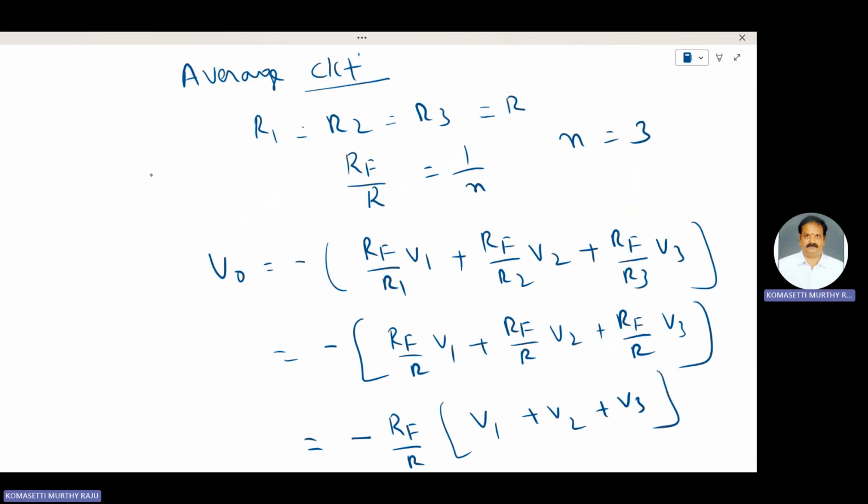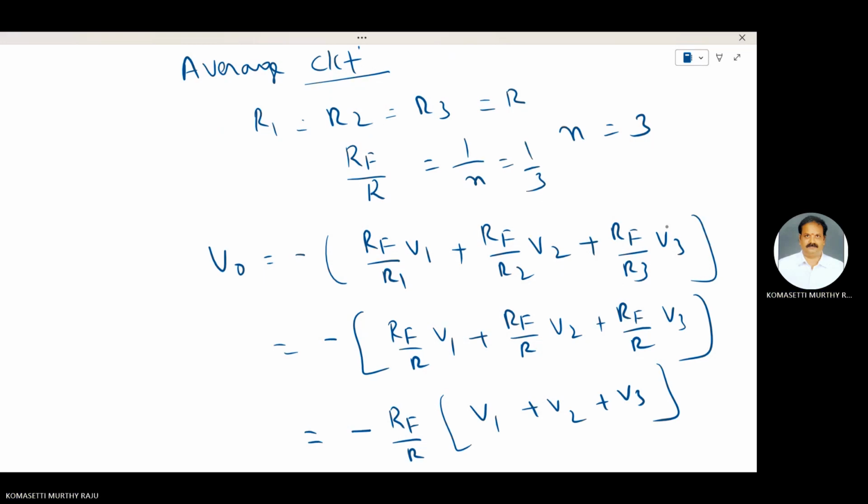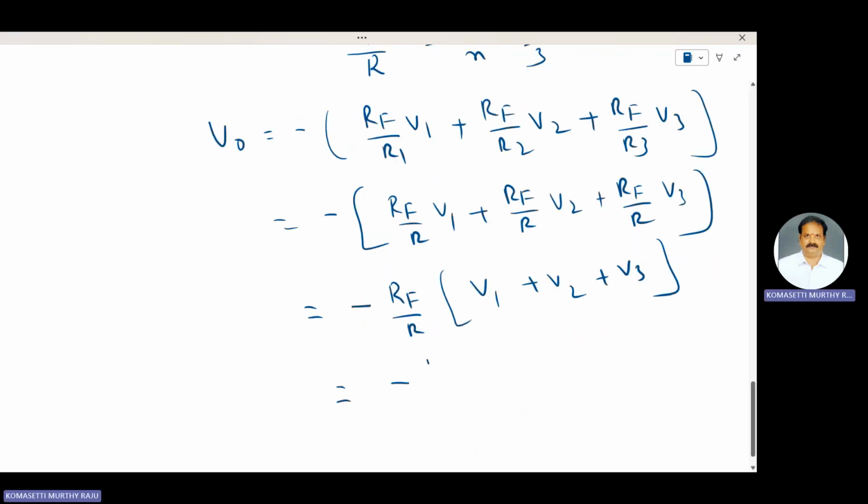That means RF by R1 is equal to RF by R2 is equal to RF by R3 and so forth. RF by R1 is equal to 1 by N generally. Here N is equal to 3, that is 1 by 3. Minus 1 by 3 V1 plus V2 plus V3. That is equal to minus of V1 plus V2 plus V3 by 3. This is the averaging circuit in which the output voltage is equal to the average of all